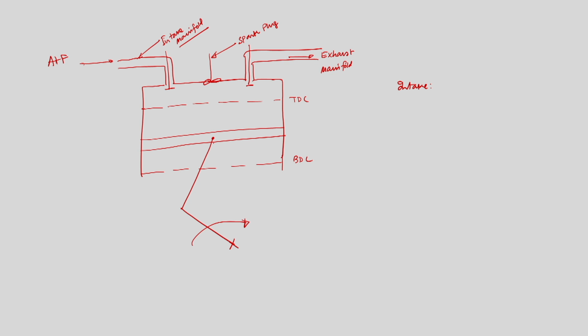This process will continue as long as the piston reaches the BDC. So at the end of the intake stroke, the piston will be at BDC, and the cylinder will be filled with the air-fuel mixture in case of an SI engine, only air in case of a CI engine. Whenever the piston reaches BDC, the exhaust valve remains closed, as it was initially closed. Now the intake valve will close. So the next stroke is the compression stroke.